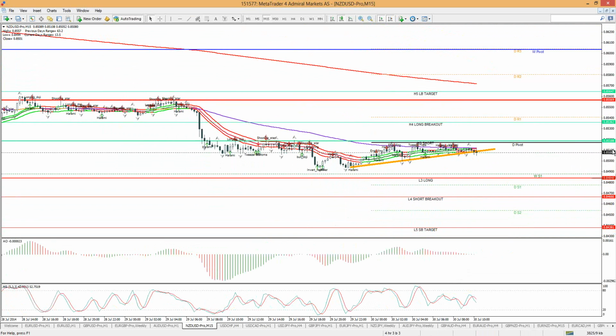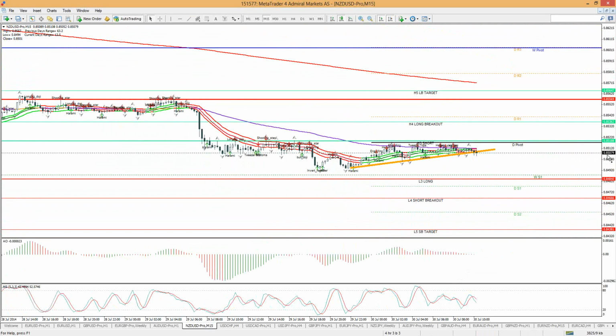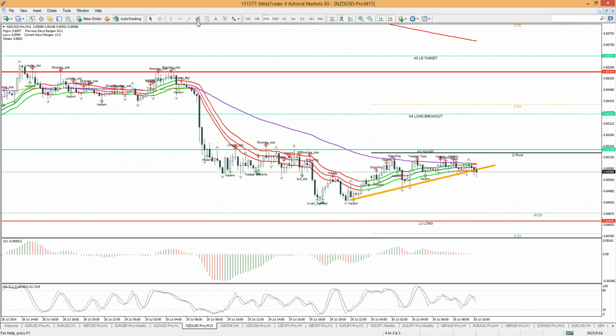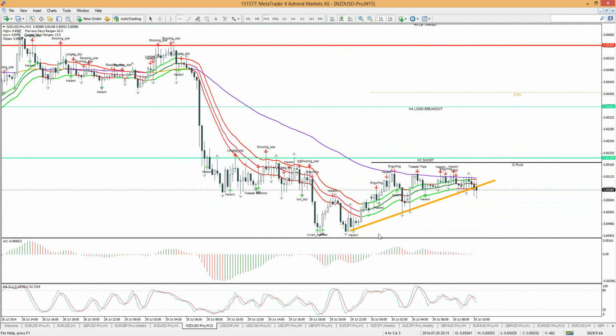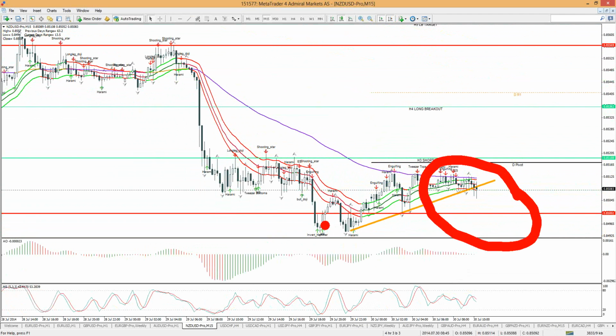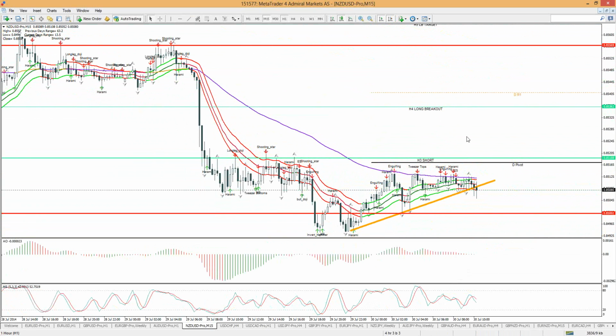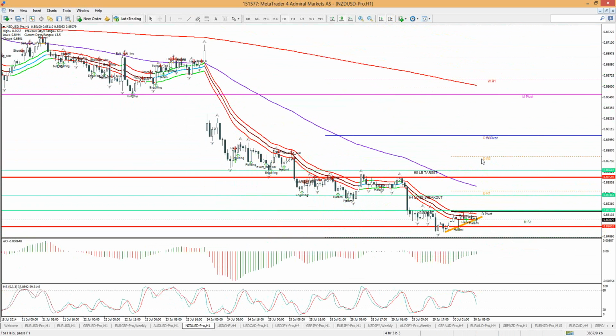The only thing that I don't like about this, and this is something we of course have to be aware of, that I wanted to point out, is that we are pretty close to this 85 level. That makes it maybe a bit less desirable. Any chance of 86.40, 86.30? Well, if it gets there, then